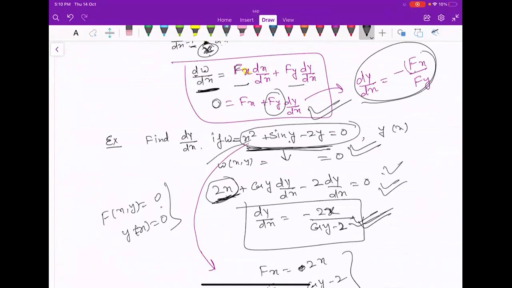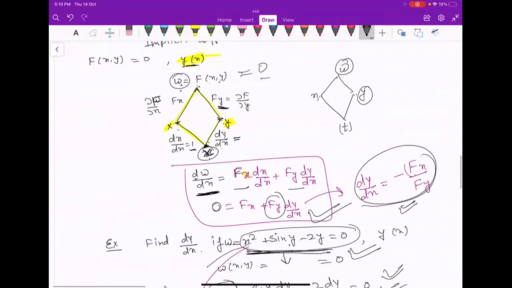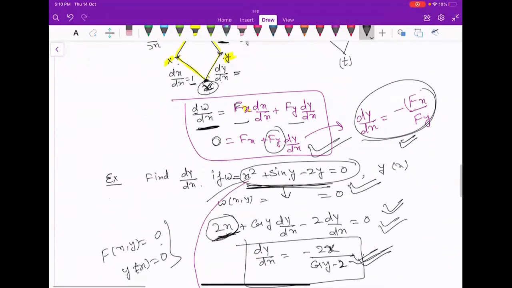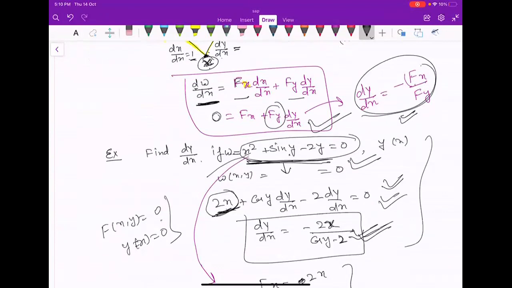This procedure is simplest, so you can do it this way only. Otherwise, you can understand how it is done. So if the previous part is clear, then you can understand how we have done this. One more thing is here. Actually, I've done this because it is given in the book, so you can ask later on. That's why I have discussed it. Otherwise, the simplest procedure is to do it this way: when there is a function of two variables, just compare it with 0 and then compute dy by dx.